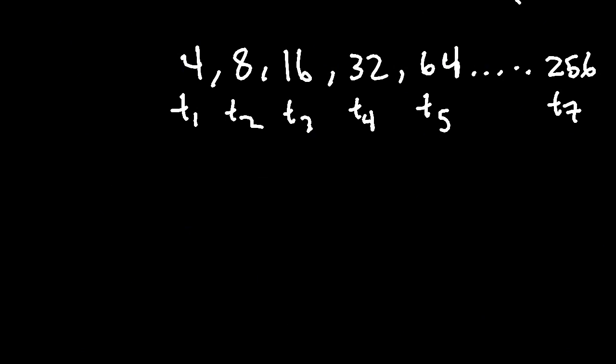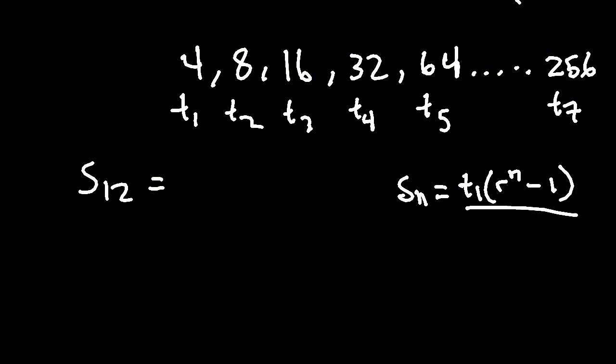Okay, now let's find the sum of the first 12 terms of this geometric sequence. To do that, we use this formula: Sn equals T1 times (r to the n minus 1) over (r minus 1). So if you want to find the sum of the first 12 terms of this geometric sequence, we'd have